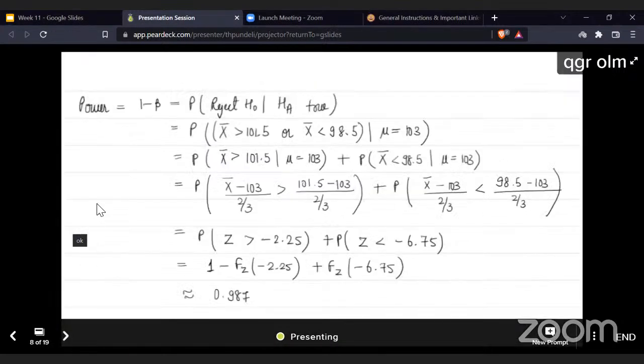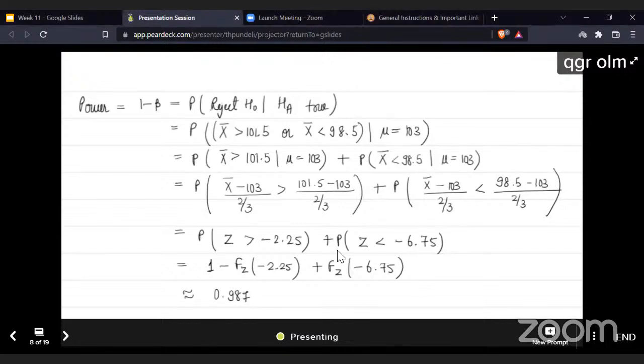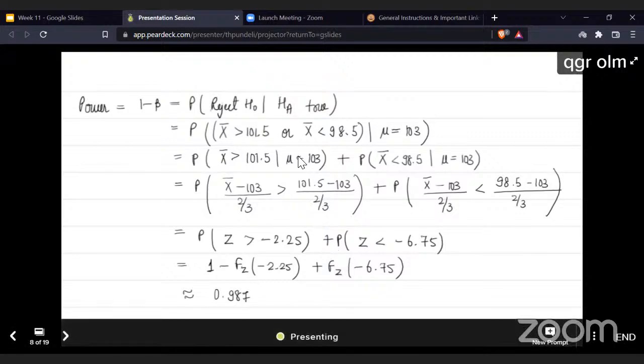Yes, ma'am. Ma'am, I have a question. It is like what the other student just asked. It said taking x bar minus 103 greater than 3. Where am I going wrong with that? We are rejecting H0 when HA is true, right, ma'am? So, ma'am, if we write mod of x bar minus 103,